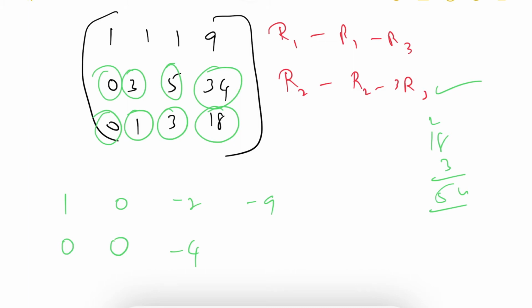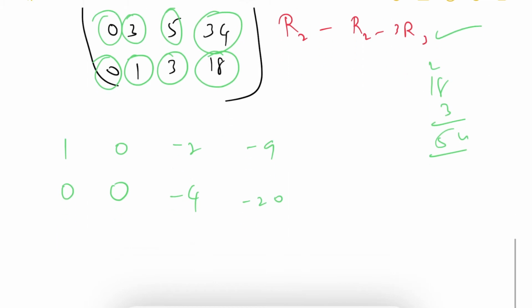So 54, so minus 20 it will be, minus 20. Next, third row as usual, 0 1 3 18, 0 1 3 18. Okay, next,